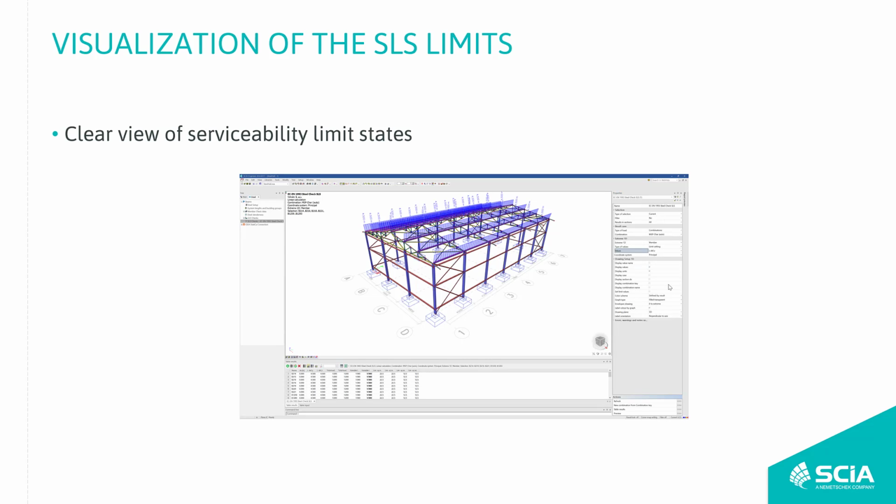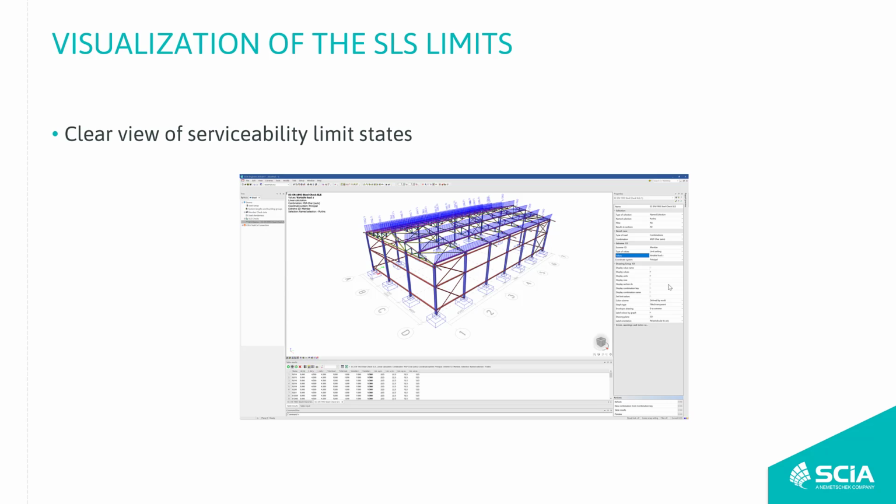I have the possibility to see the length of a beam, and moreover what I can do is also to see the limit settings for variable as well as for the permanent load. So here I can see that the coefficient which is used for the calculation of the limits is 1/360,